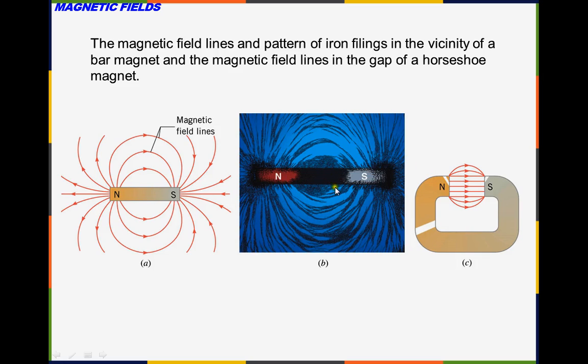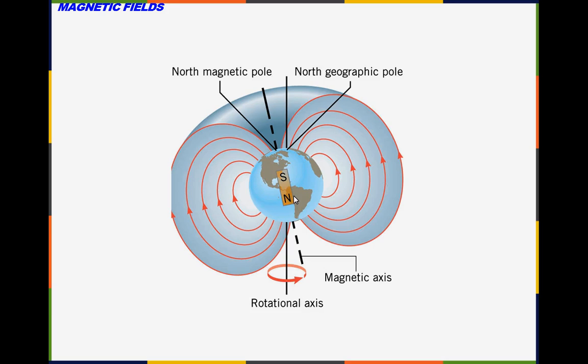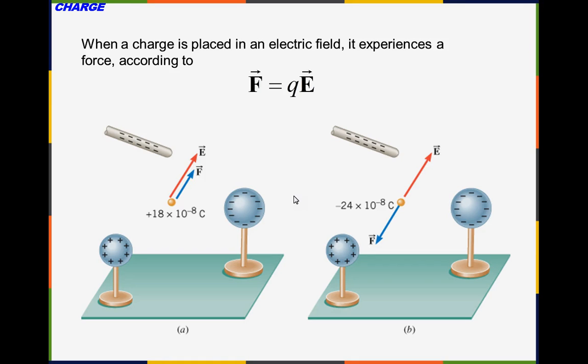You can set up a bar magnet and shake iron filings, and those iron filings will be attracted to locate themselves according to the magnetic field lines. So there's our other view of the Earth. All right,